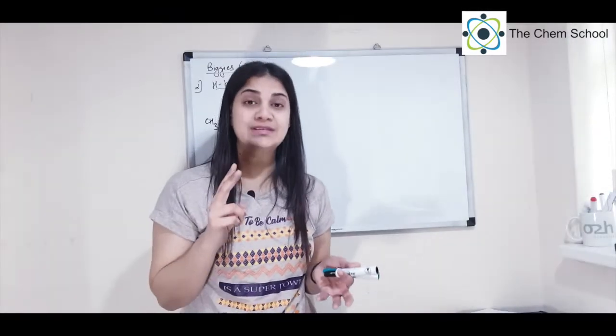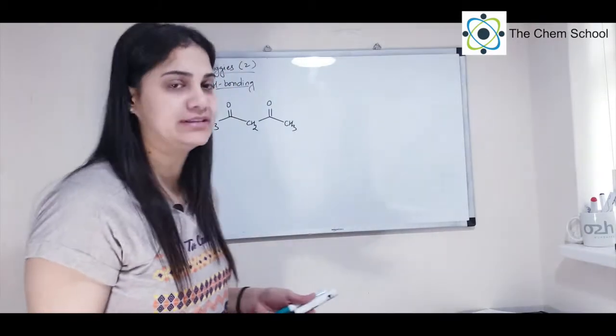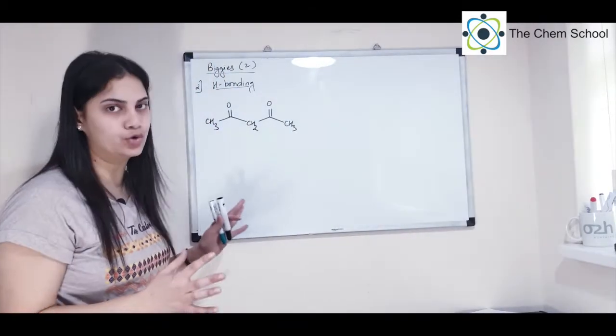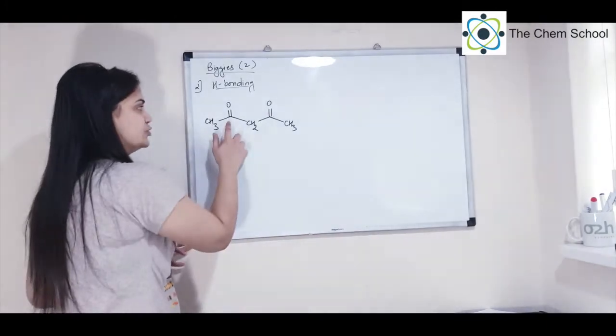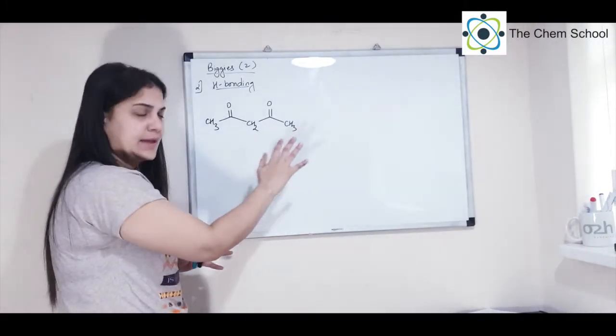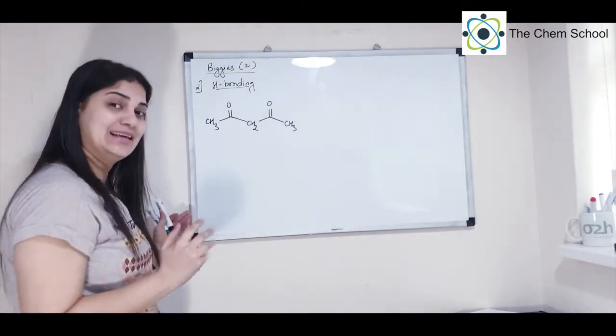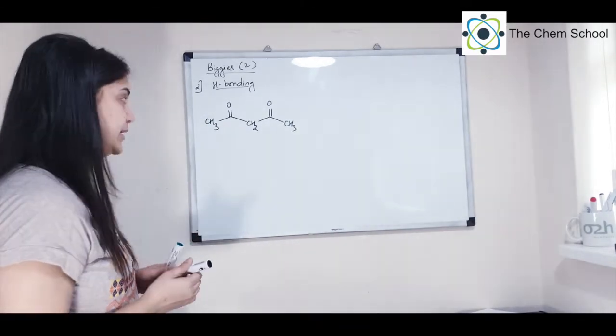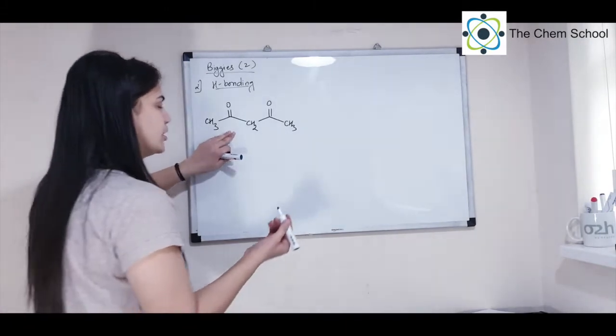Okay, so the second bigger factor is hydrogen bonding. Again, let's understand it with the help of an example. तो यहाँ पे मैंने डाइकीटोन ड्रॉ किया है और you can see that it is 2,4 diketone, ठीक है। ये पेंटेन डायोन है। तो पेंटेन डायोन में अभी हम देख लेते हैं कि टॉटोमेरिज्म कैसे एग्जिस्ट करेगा। तो इसका टॉटोमर मैं ड्रॉ कर लेती हूँ।